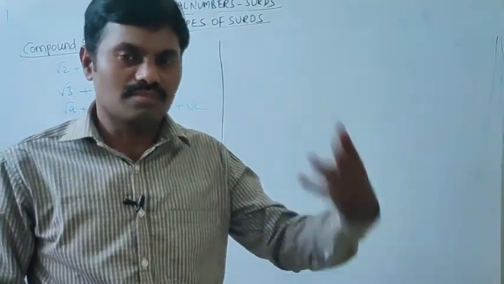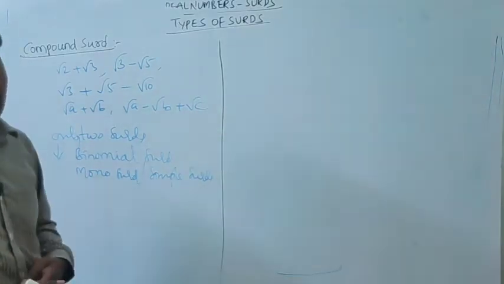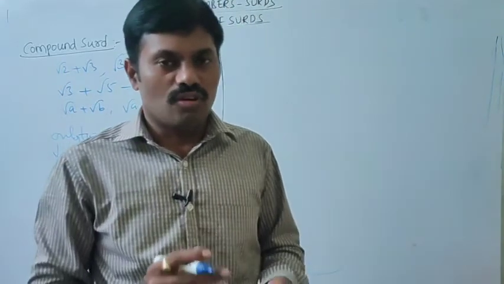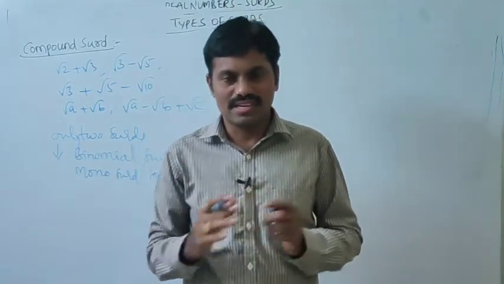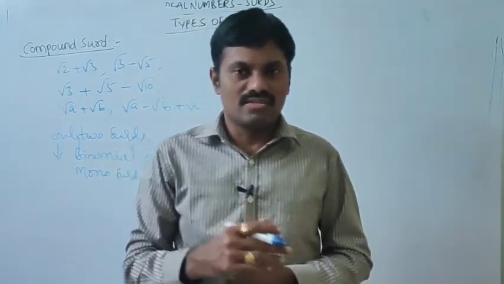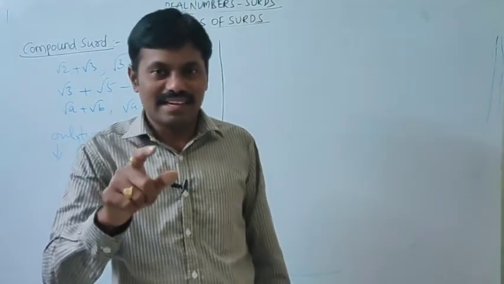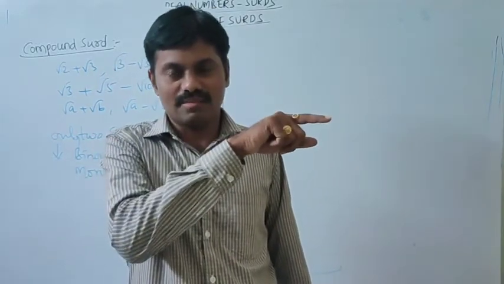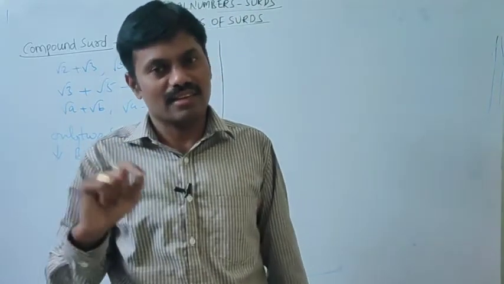Depends on terms. Okay, is it clear? So monomial surd, binomial surd, trinomial surd. This is about the types of surds. I hope all of you understood the definitions of surds and the difference between pure surd and mixed surd. Revise one or two times after this class. My dear students, while explaining the definitions, I am also giving them on the screen. Follow those definitions and write them to make notes.